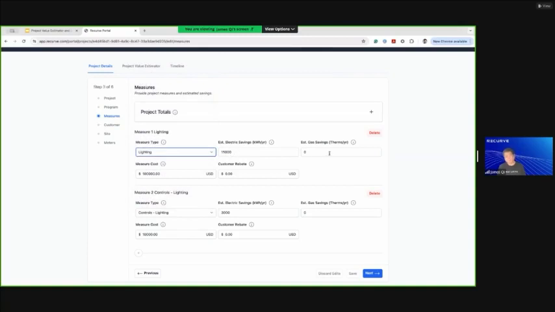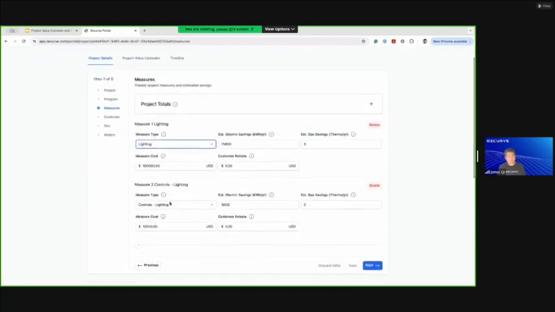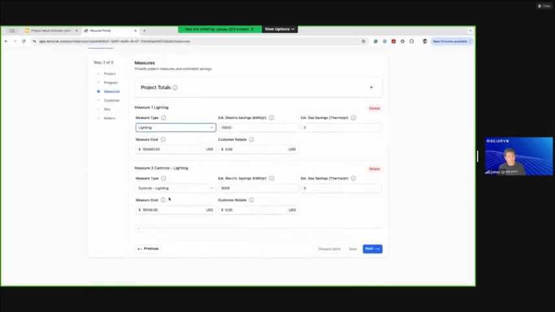I'm not saving anything on gas, so I'm leaving that at zero. Here's my cost. I'm doing a second measure, a controls project. You don't need to know what the effective useful life is because the system now knows what measure you're picking, and it has on the back end what the accepted effective useful life is. If you want to add more measures, you can easily click the plus button down here